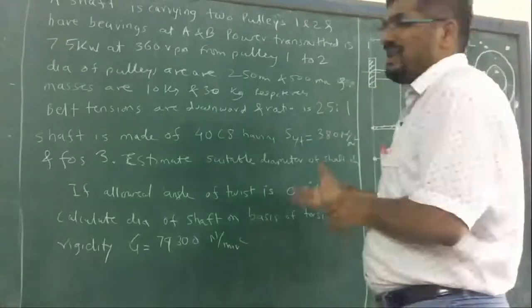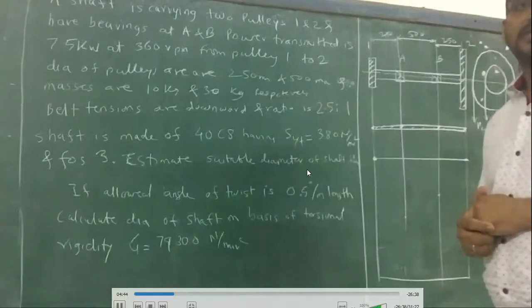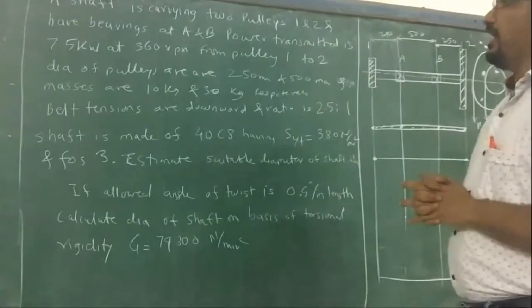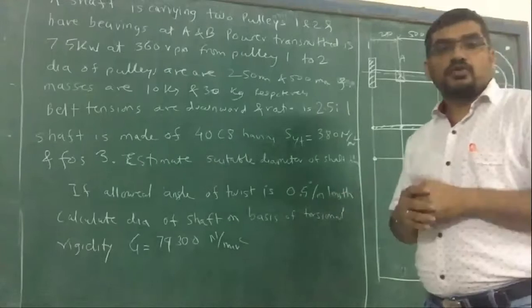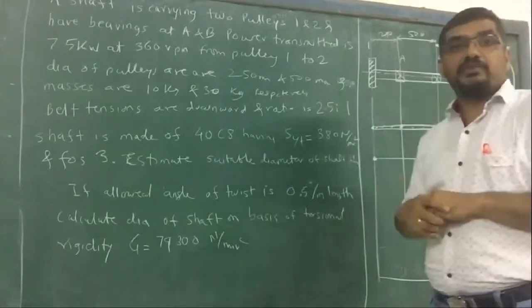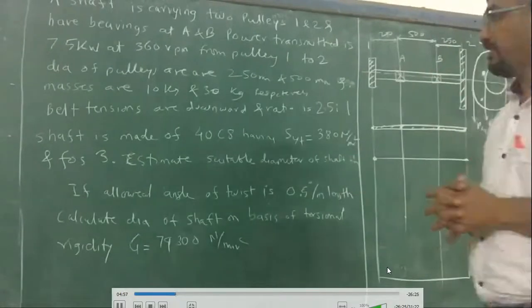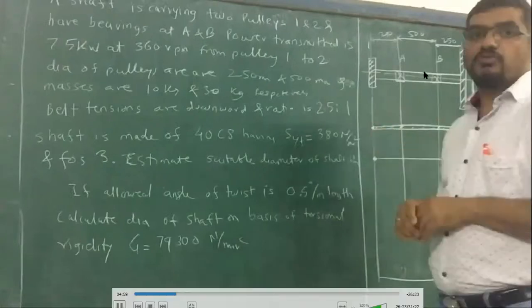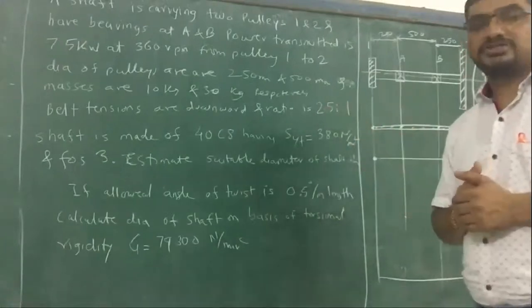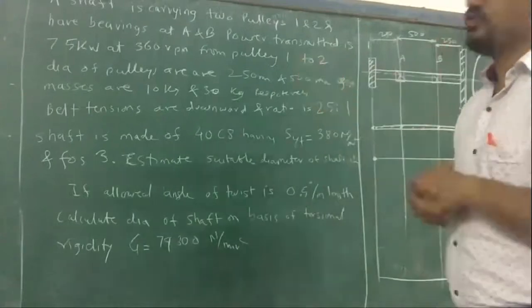The torque means basically MT, whatever we had in the previous equation, the twisting moment. So we can find out MT. Then we need to know MB, the bending moment. Different pulleys will have different bending moments, right? We calculate the bending moment using knowledge of strength of materials. Once we know the bending moment, twisting moment, and allowable shear stress, we can calculate the diameter. This is the approach we are going to take. So let's go through the problem now.